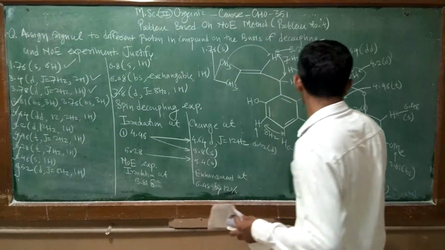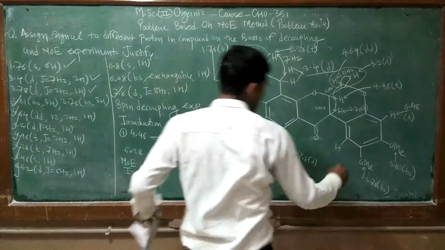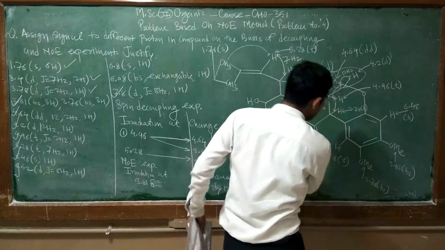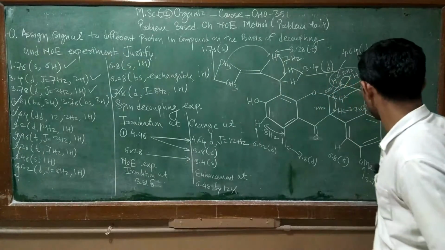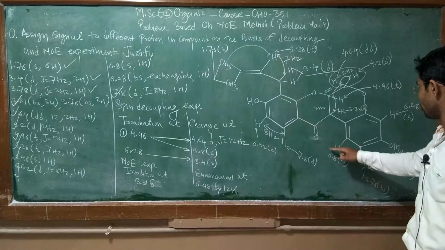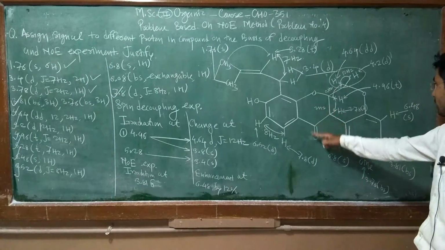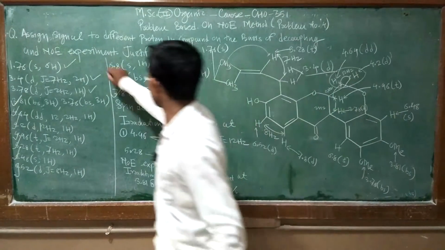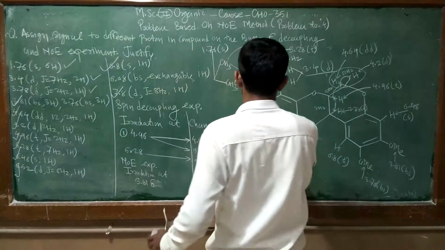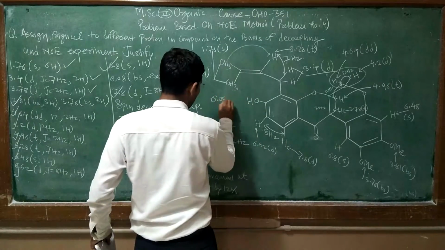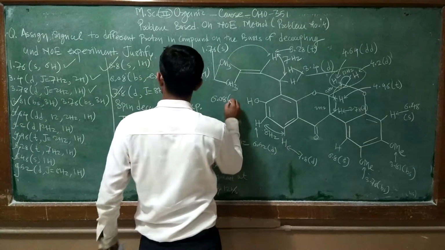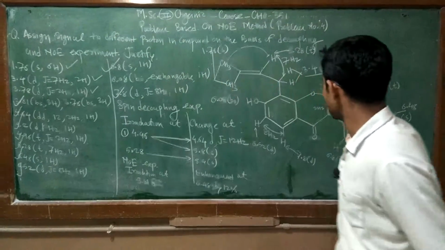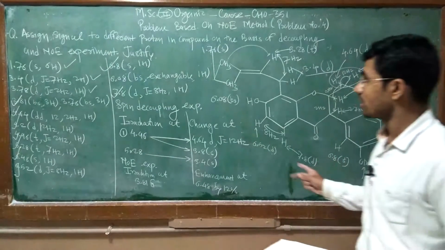Then this 6.8 singlet is because of this proton. It is deshielded as compared to 6.48 because of attachment to methoxy as well as being near to the carbonyl group, so you get about 6.8. Only one remains, that is 6.08. This is an exchangeable proton, because of the hydroxyl group, so it shows a broad singlet which is exchangeable. So in this way we can assign the signals to this compound.